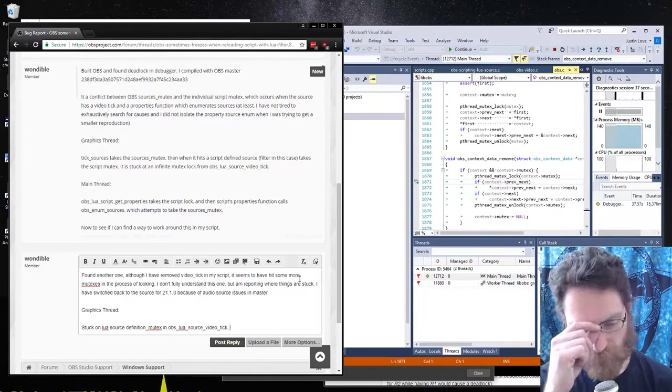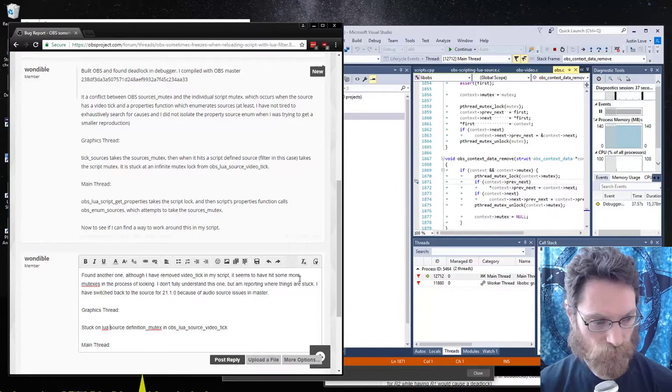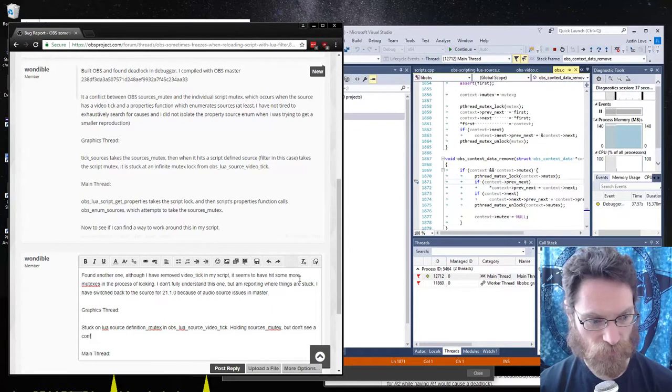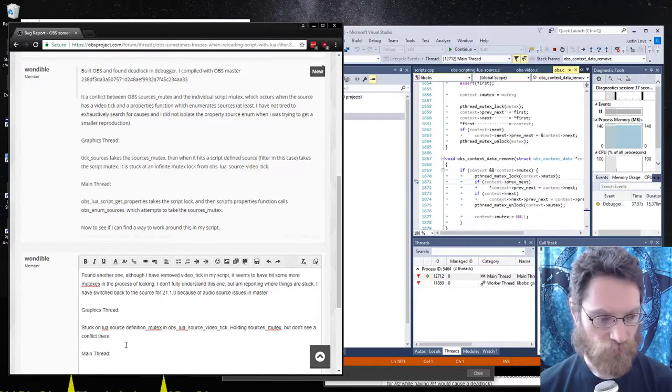And I don't see holding sources mutex, but don't see a conflict there. Main thread. All right, so stuck on